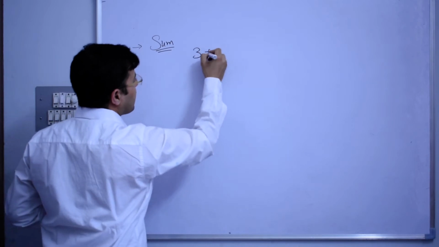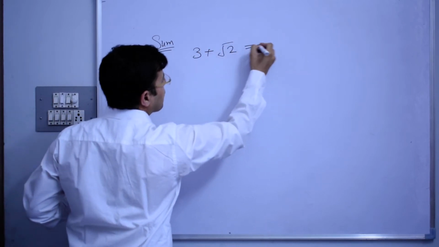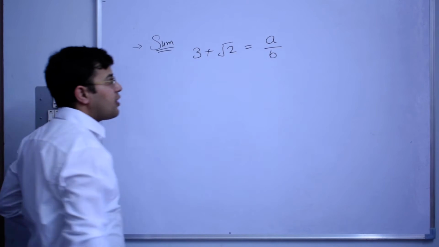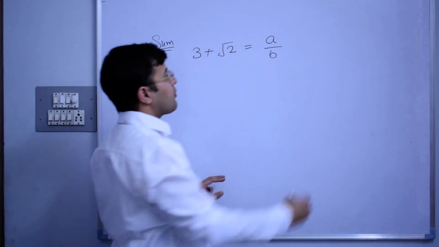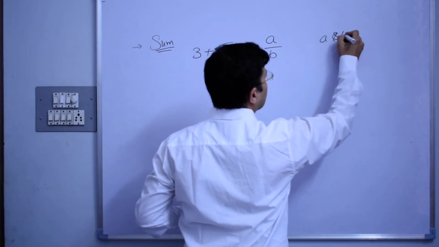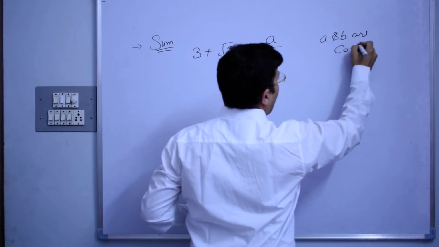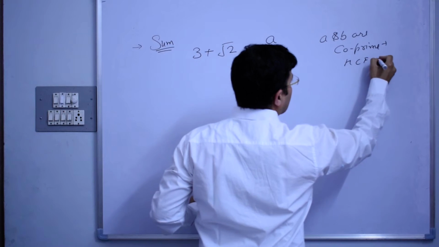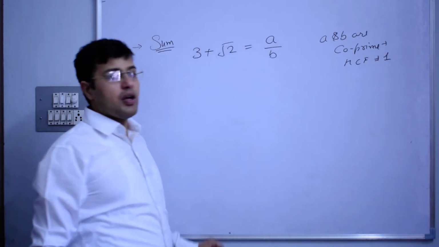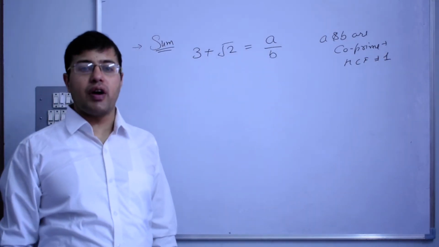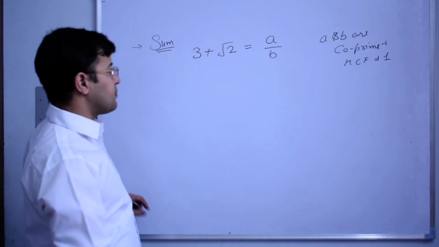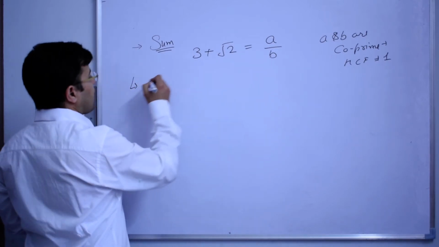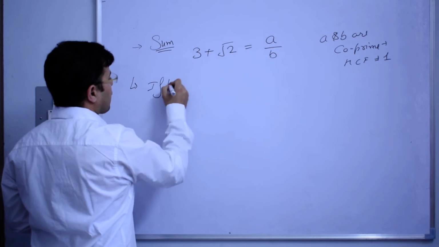So let's say 3 plus root 2, again we will take it as a by b. Again a and b are co-prime. It means their HCF should be 1. They should not have any common factor other than 1. So again we will say, if possible, to the contrary,